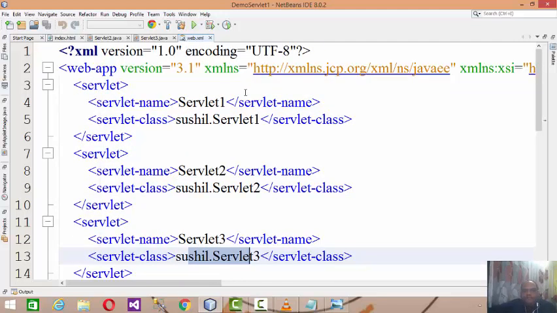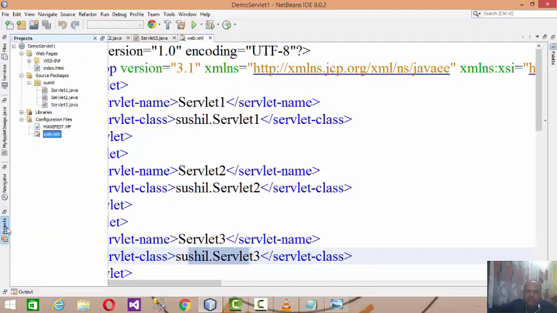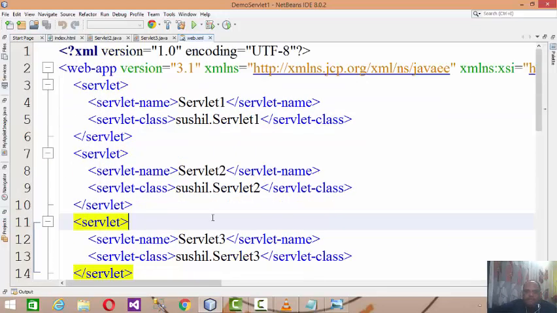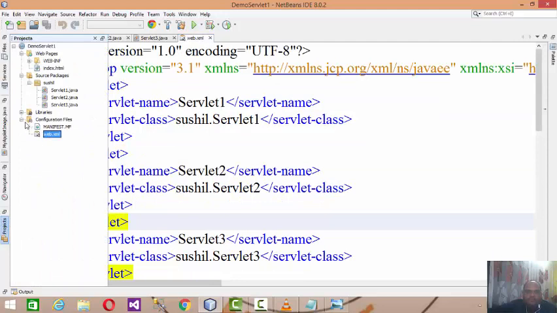The web server will read which registered servlets are available in the web.xml. That is why it is called a configuration file. At the time of executing these services on the server, the web server takes help of all the registered servlets, right?